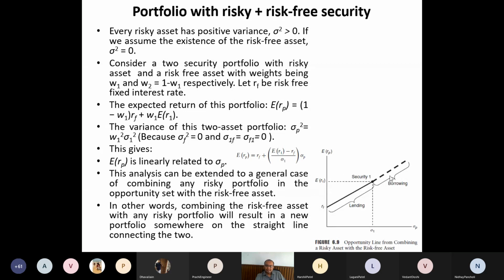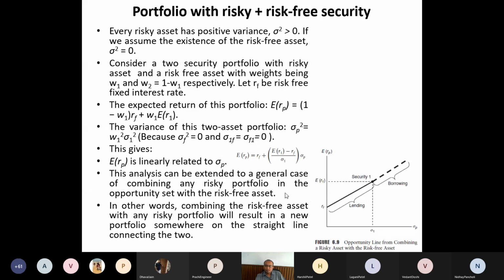I hope this is clear, and this particular equation is called the capital market line, here for the two-security case where one is risk-free and one is risky. But in general, I do not have only one risky security. The risk-free security can be one, or even if it is multiple, I can say its average return rate is RF, so I can combine it as one security. Because that is always deterministic, I can treat all bonds in my portfolio as one bond and mark its return as RF.